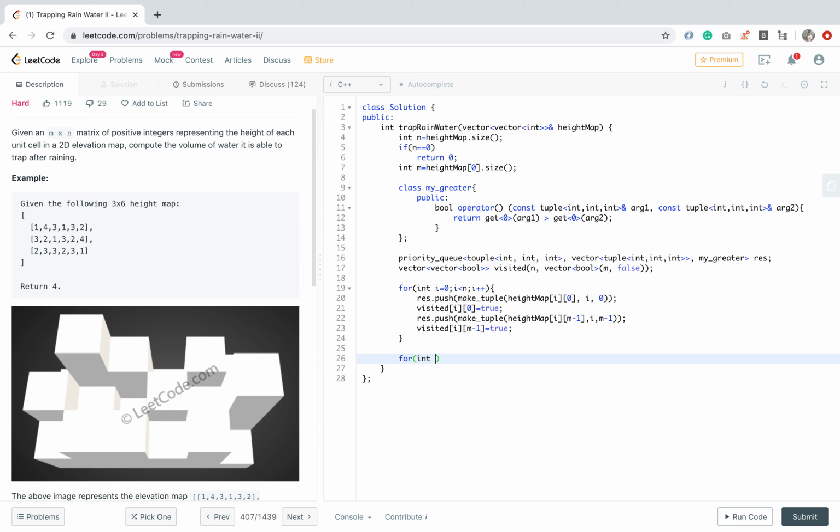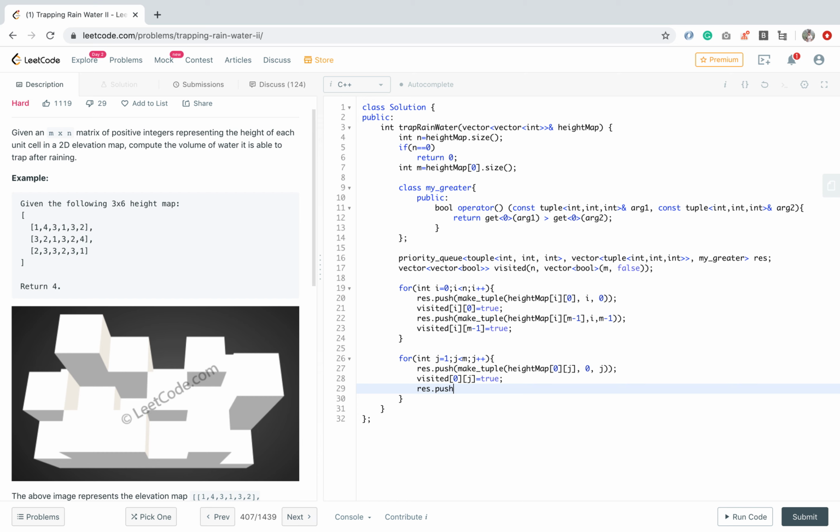So now we will iterate through every column and push the first row, 0, j, and make it visited, because all the boundary values of the matrix can't hold any water.